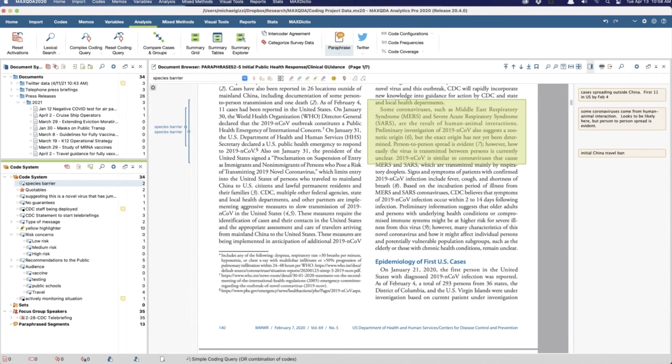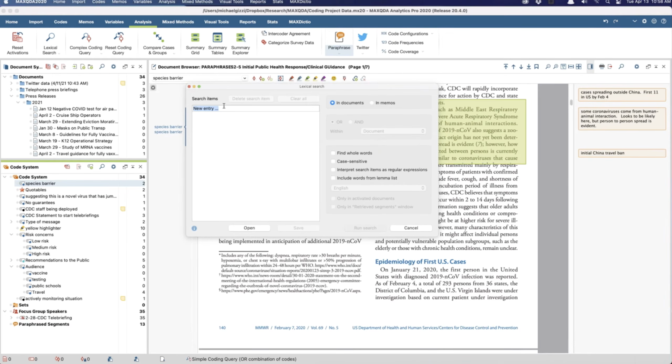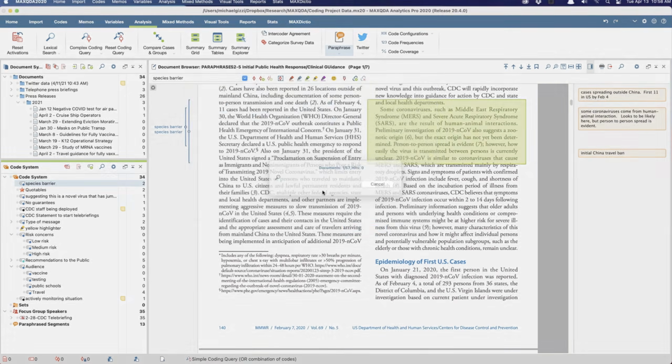Say I'm curious, I want to know in all of these documents how many of the documents mention animal. Run the search.